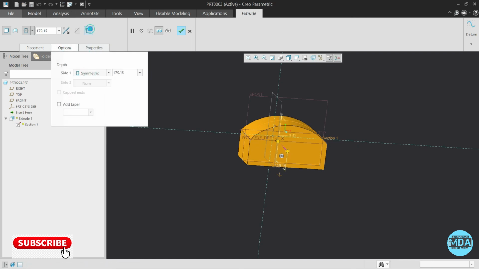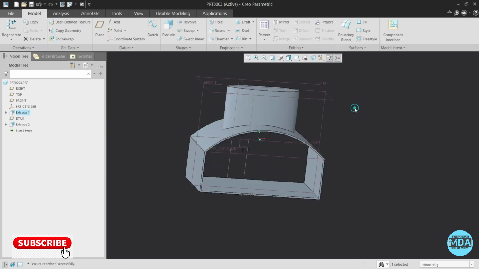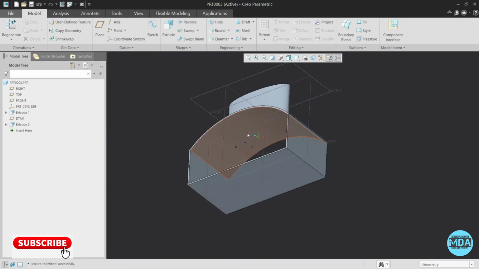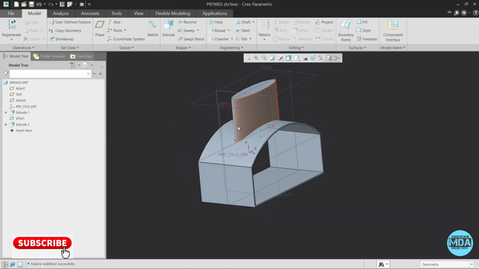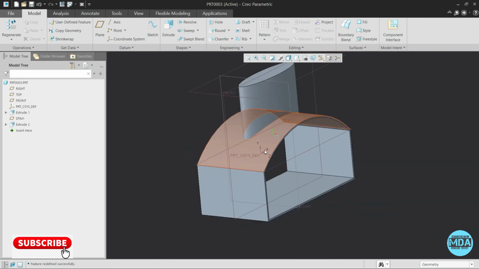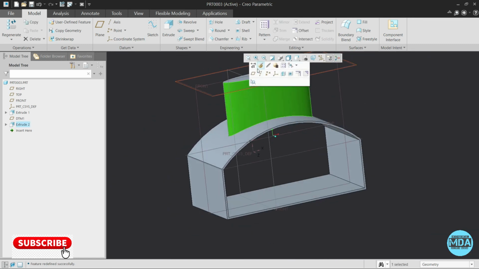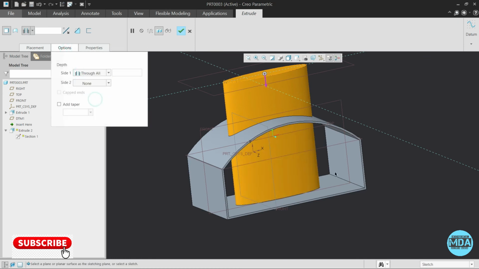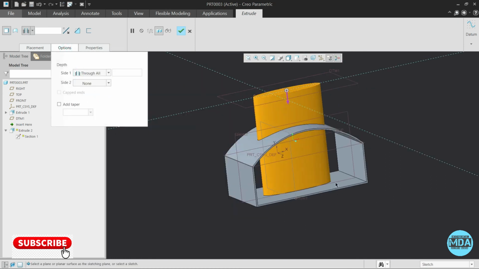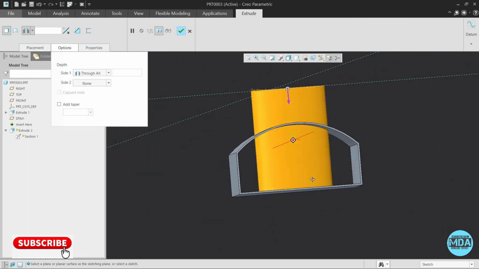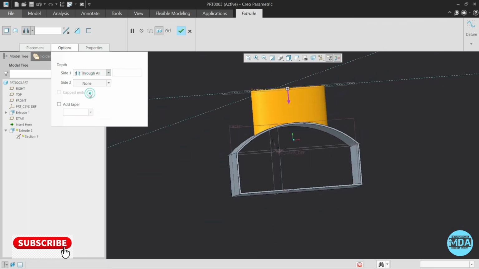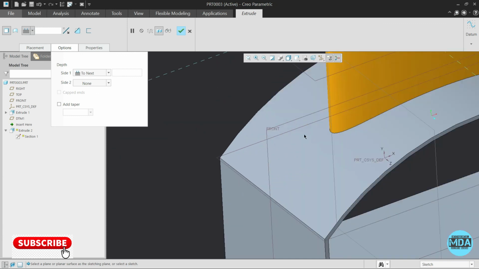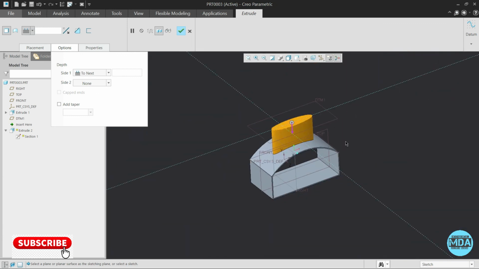I am creating a thicken part. Now you can see that it will go up to the next surface. So this is the application of the next depth option. Through all will extrude through all surfaces, so up to next is OK here.